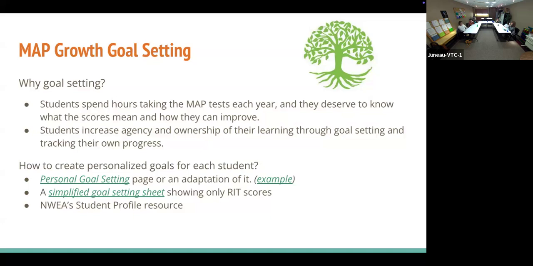Gotcha. Yeah. And we would actually fill this out, provide it to the students, and talk to the students before, and they would have it with them while they were testing, and then they would record their score at the end. And we would say, did you make your goal or not? And we would reflect on how did you do? Were there things you saw that you had never seen before, because your teacher hadn't introduced them? Yeah, right, exactly. That was great for conversation.